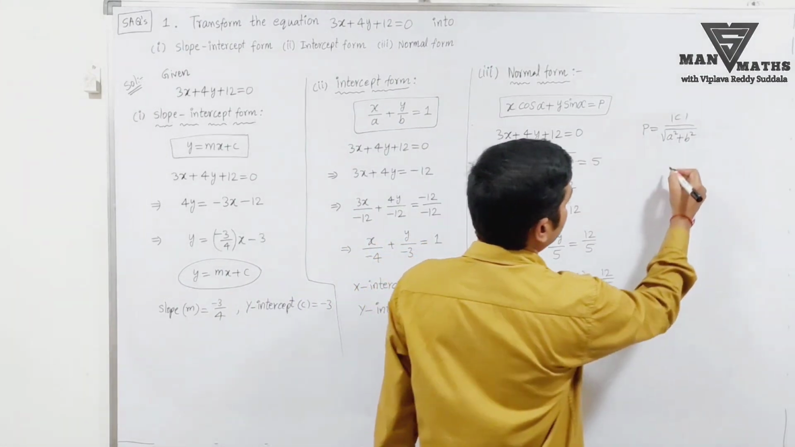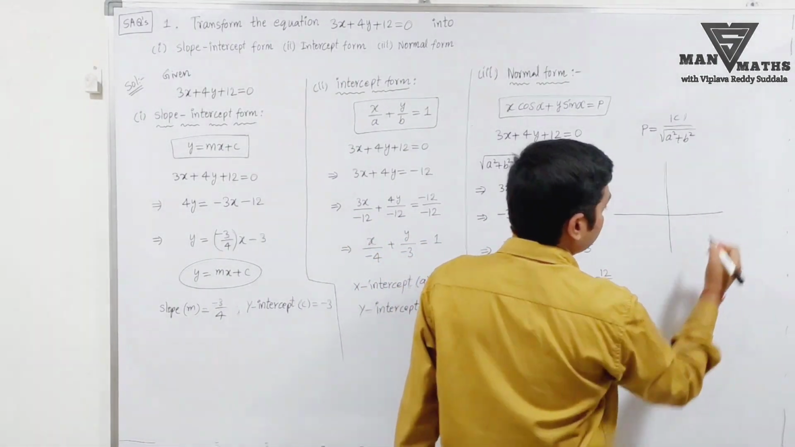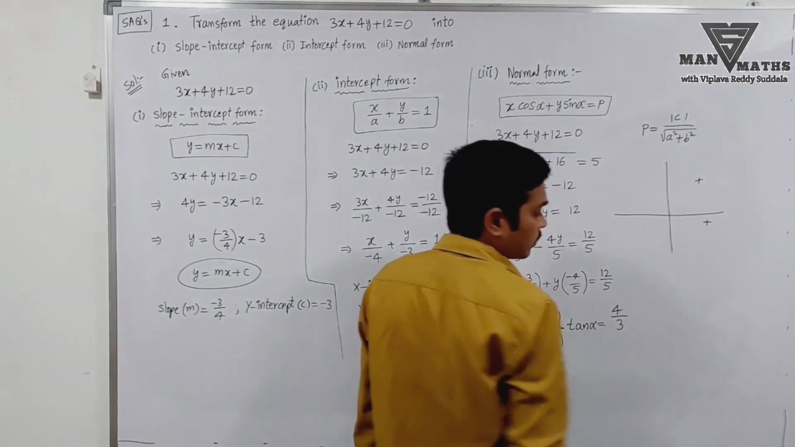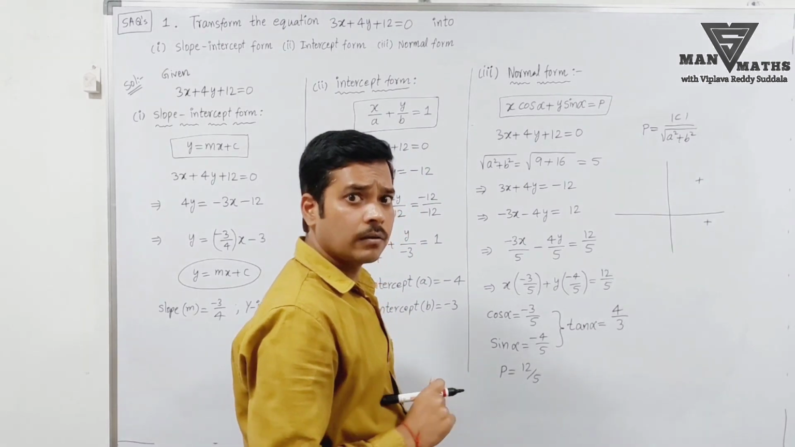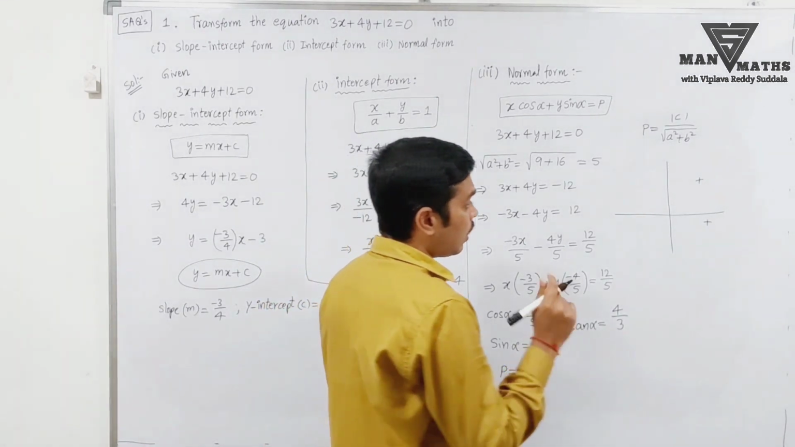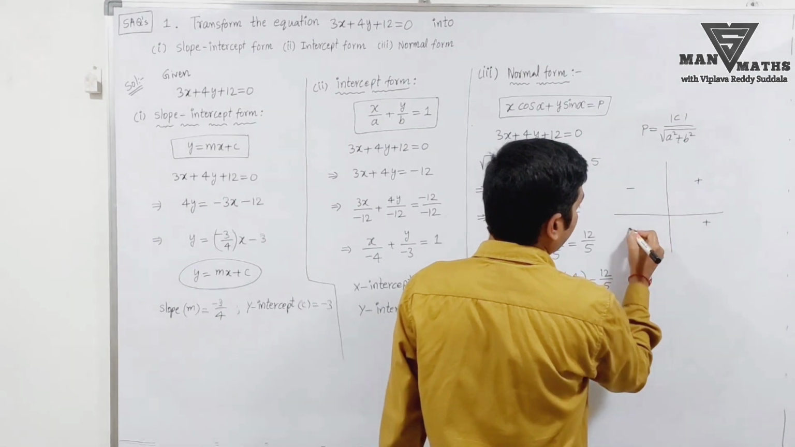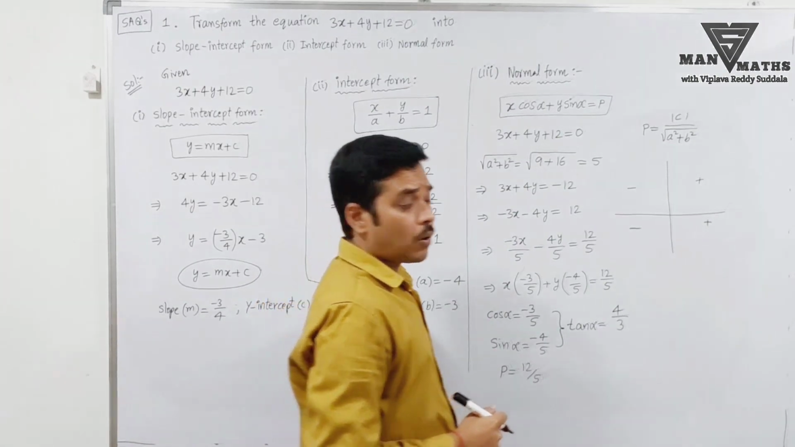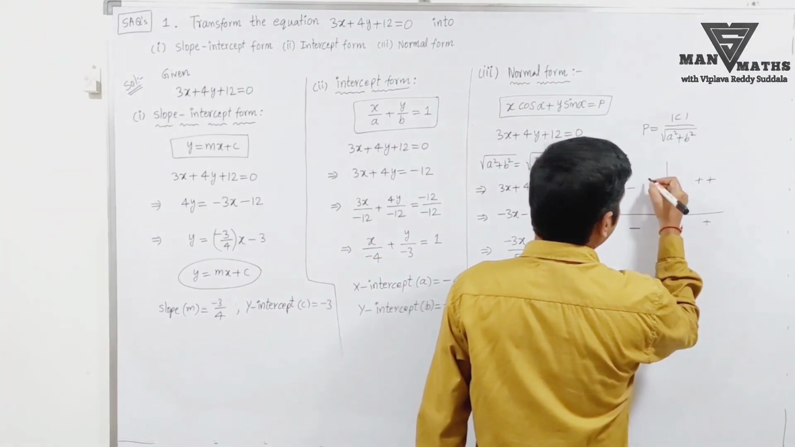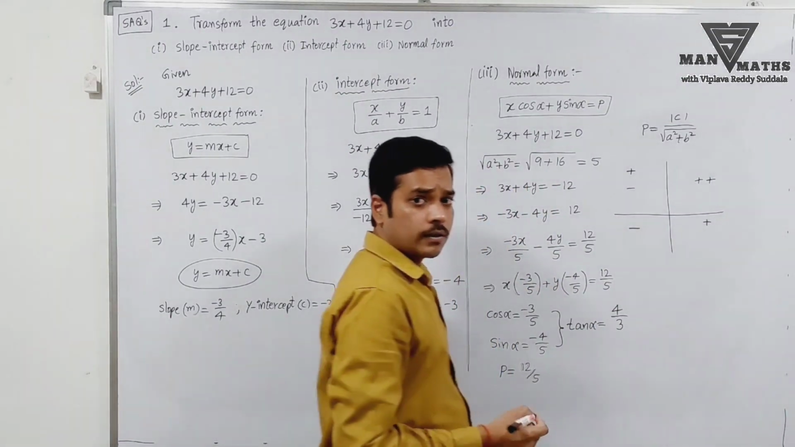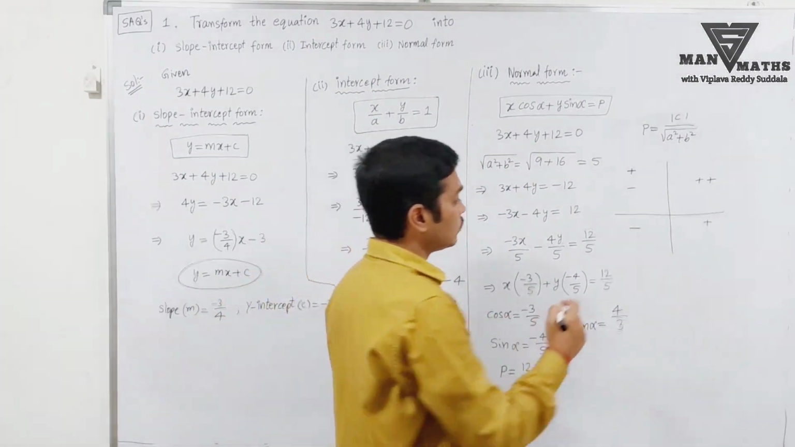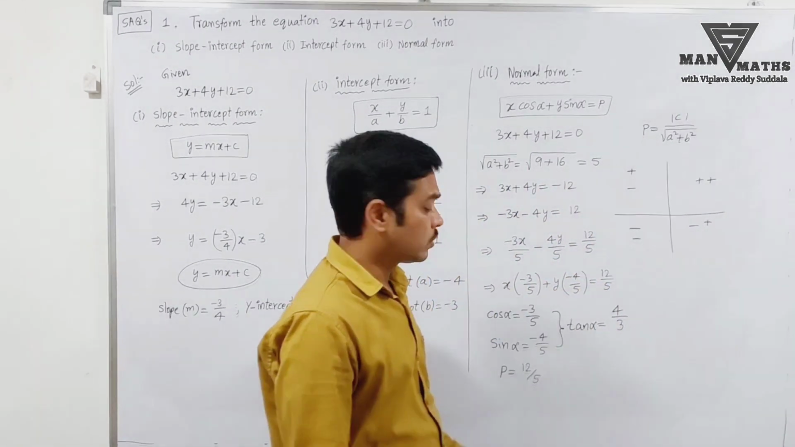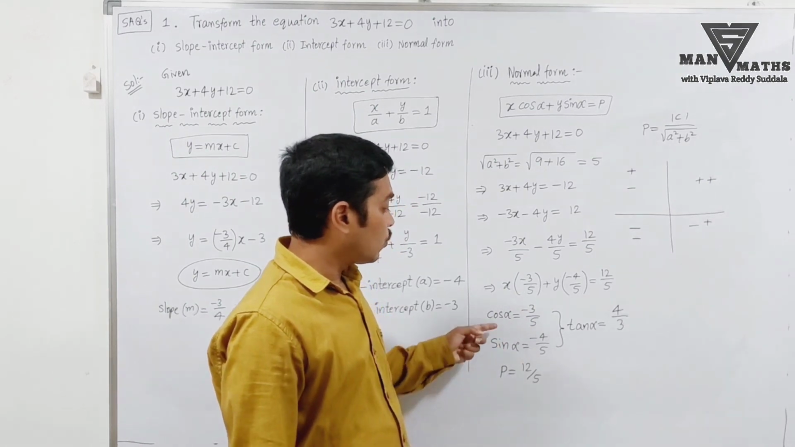In which quadrant are both cos and sin negative? First of all, cos is positive in the first and fourth quadrants. Cos is negative in the second and third quadrants. Sin is positive in the first and second quadrants. Sin is negative in the third and fourth. So cos and sin both being negative